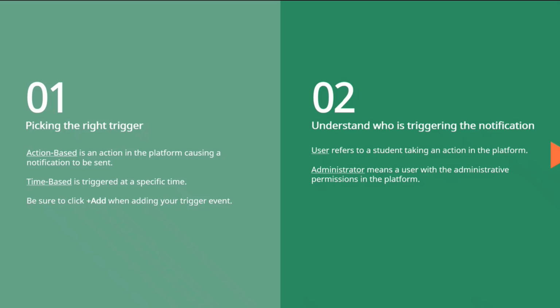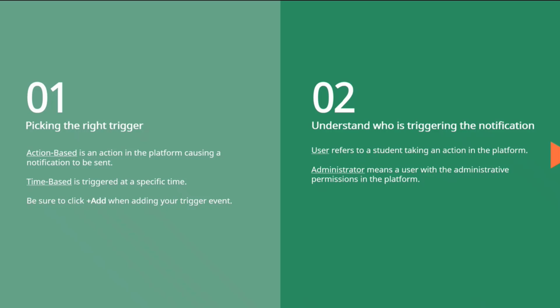And my last point for this one is, be sure to click on the plus add when you're adding a trigger. So when you go into the platform and you click on create your notifications, you're going to be presented with a number of options, and you'll see triggered by, and it's going to be a drop down. You're going to click that one and keep building, and then you're going to go, hey, I'm writing in my notifications, and there's no information, but I can see it says replacement